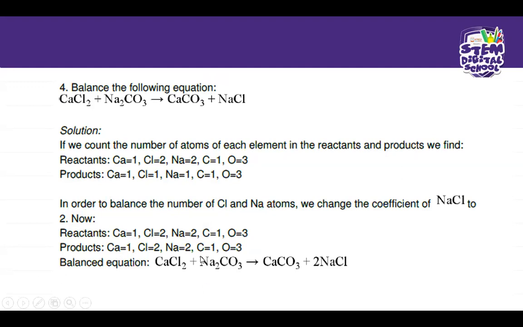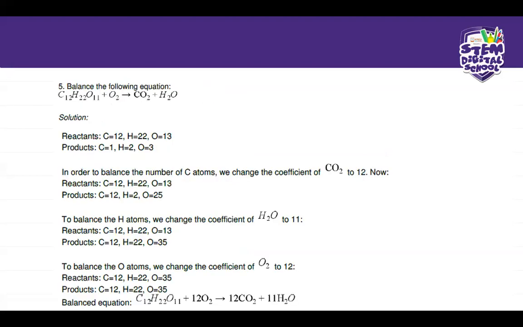So a balanced chemical equation is this, and we just added a 2 on the NaCl to balance it all out. So now we've got an equal number of atoms for each and every element in this equation. Okay, moving on to number 5. So number 5,